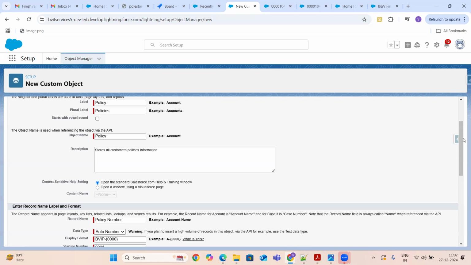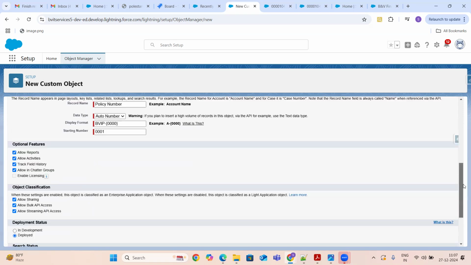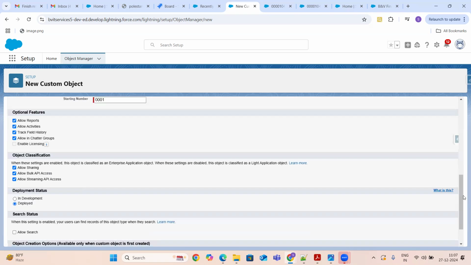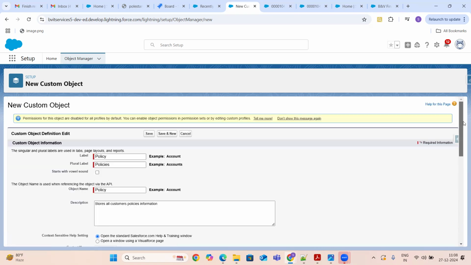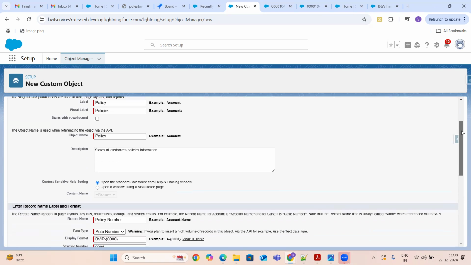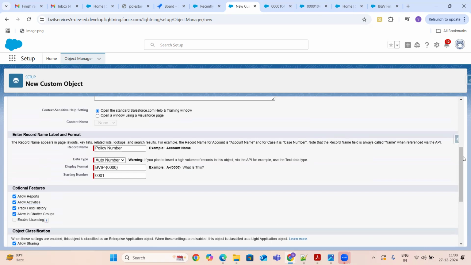They always ask you such questions, and if you are not very clear about the custom object creation, then you can't answer that question, guys. If you simply click on the New button, give the mandatory fields and click on the Next button, then you can't answer such kinds of questions. So that's the reason whenever we are configuring something, we need to understand each and everything. So how can you achieve such a scenario? If you have an idea about these four checkboxes, then you can answer that question.